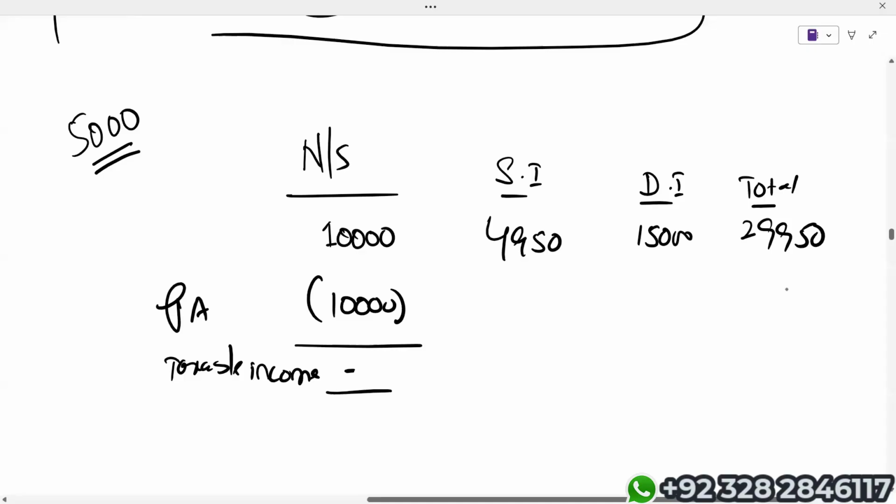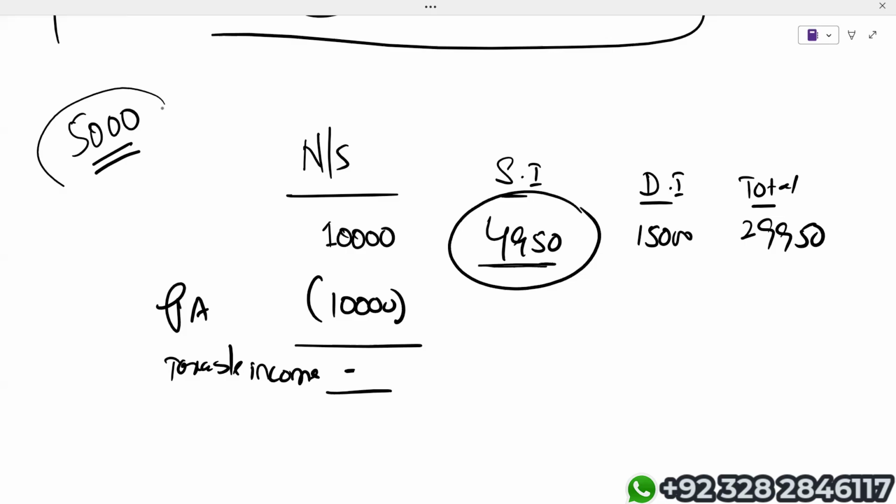Now listen to me carefully, students. Look at the income, which is 4950. Logically, the entire 4950 saving income falls in the starting rate band. First, the entire starting rate band is available to this individual. Why? Because taxable income in the column of non-saving is 0, which means this individual is entitled to get the entire starting rate band of £5,000. Second, the entire income of 4950 falls in the starting rate band, where the applicable rate is 0%.